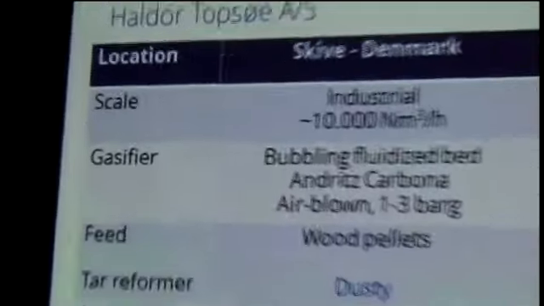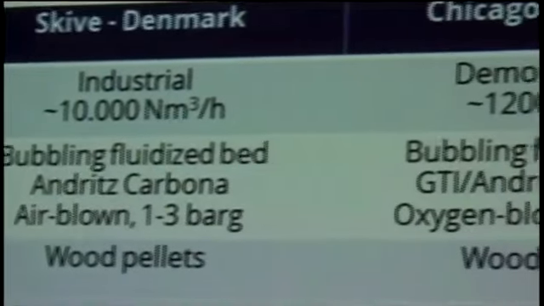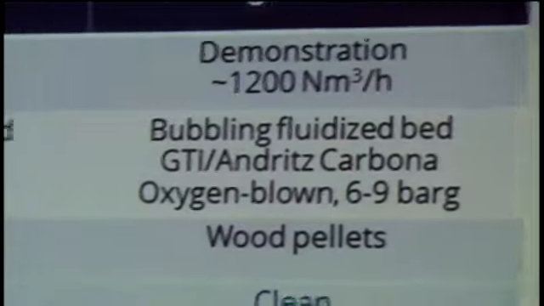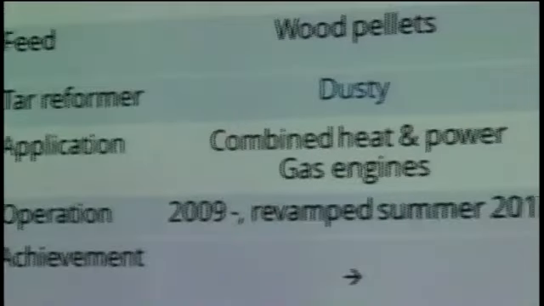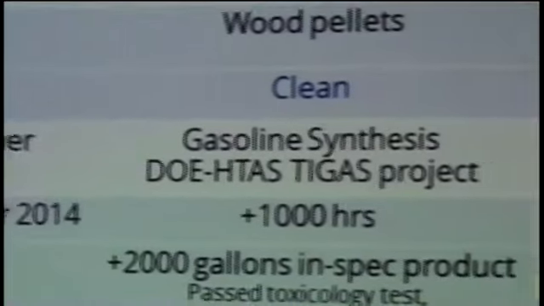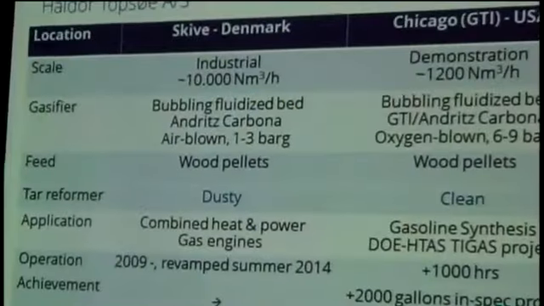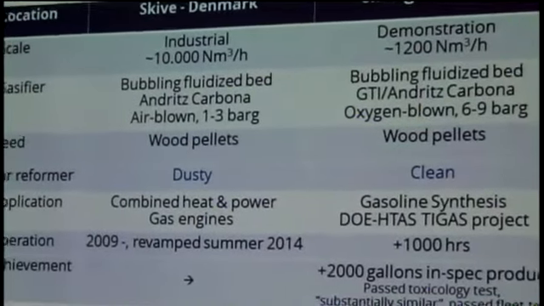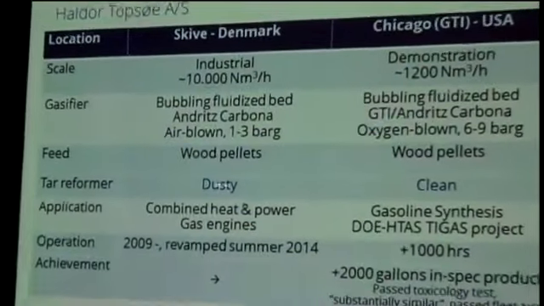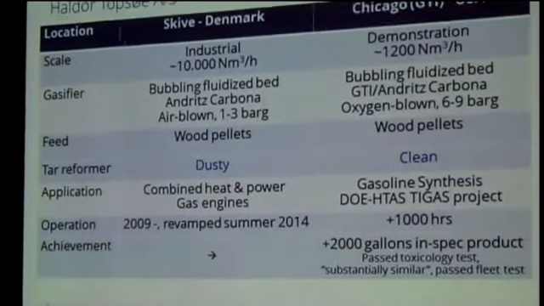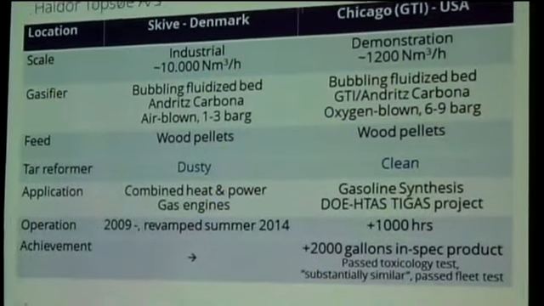In Skive we operate at about 10,000 cubic meters per hour. The demonstration in Chicago was about 1,200 cubic meters per hour. It's all bubbling fluidized bed under Carbona technology, Skive air blown low pressures, Chicago oxygen blown high pressures, wood pellets. As I said before, in Skive we work with the dusty type, and in Chicago we've been working with the clean version. In Skive we produce combined heat and power by sending the gas to gas engines. And in Chicago we've been focused on the DOE hydrogen project on the tar reforming,